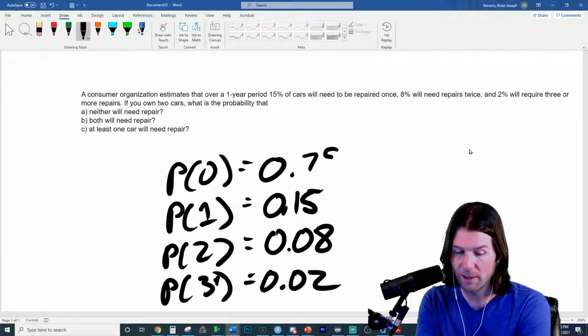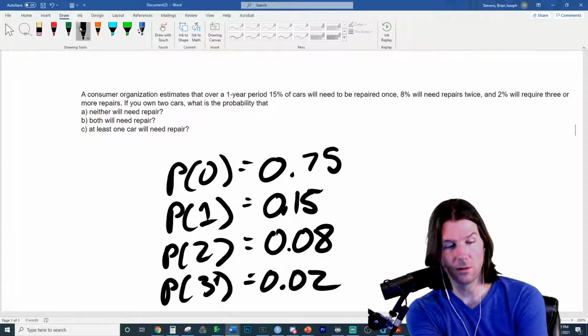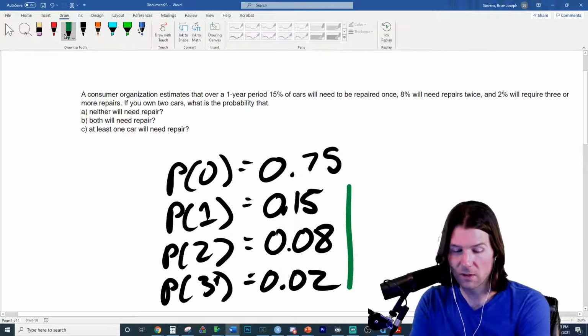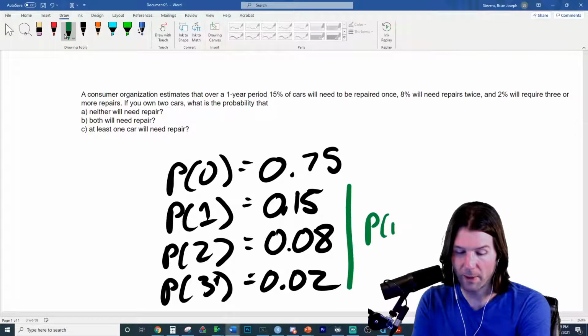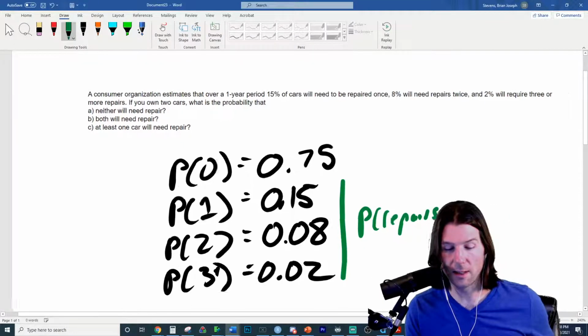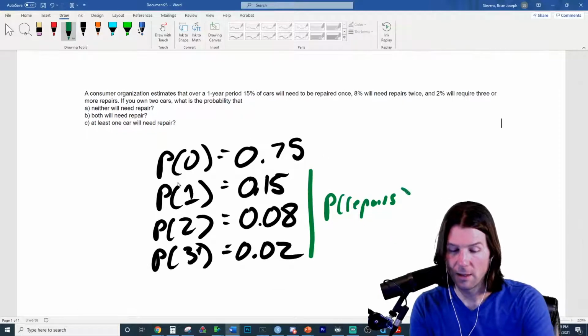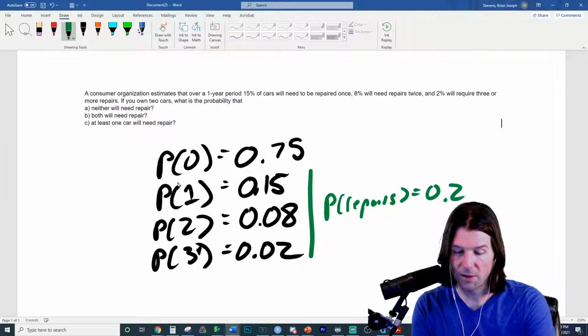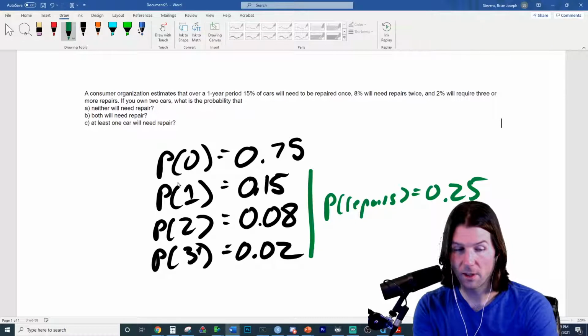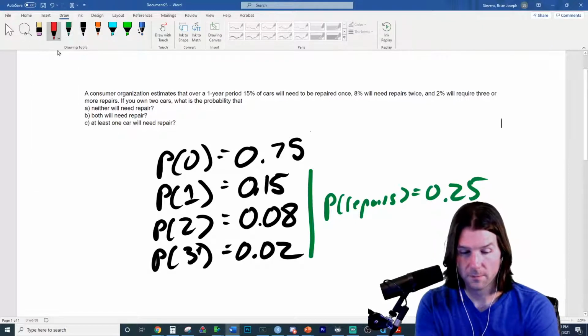This is the complement of the other ones. So you know what you can do? You can go right here and put this into 2 sets. So this is the probability of repairs. And the probability a car needs repairs is going to be equal to 25%. And the probability a car needs no repairs